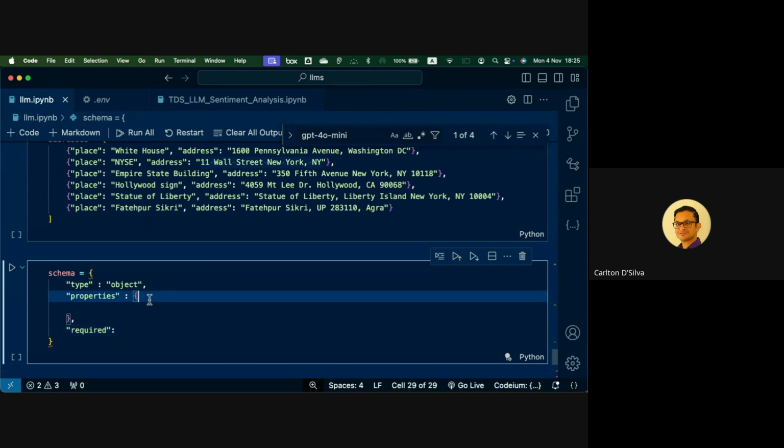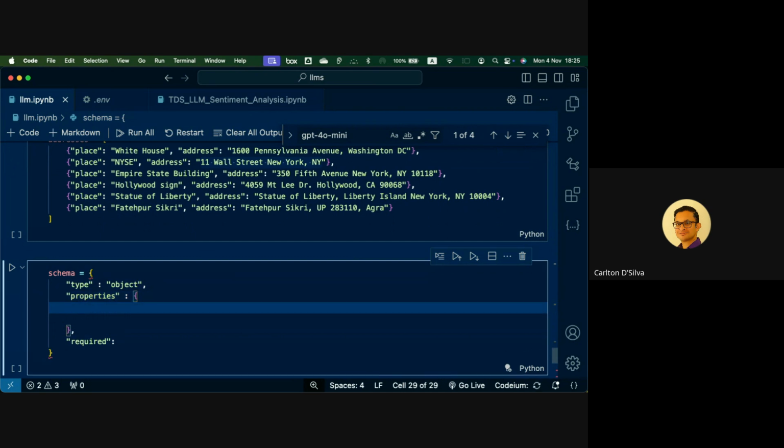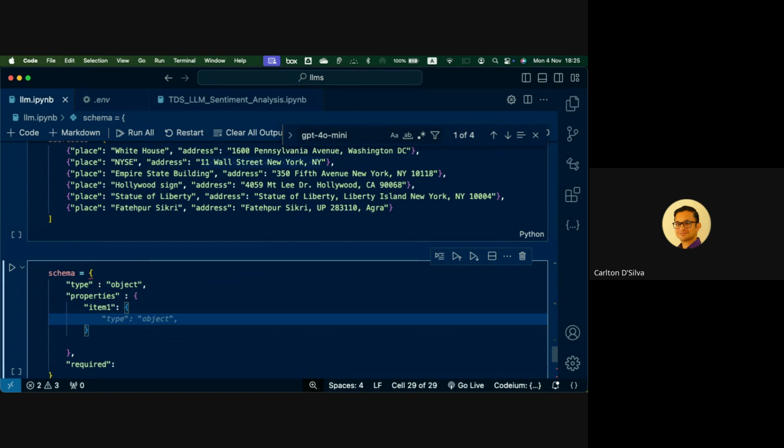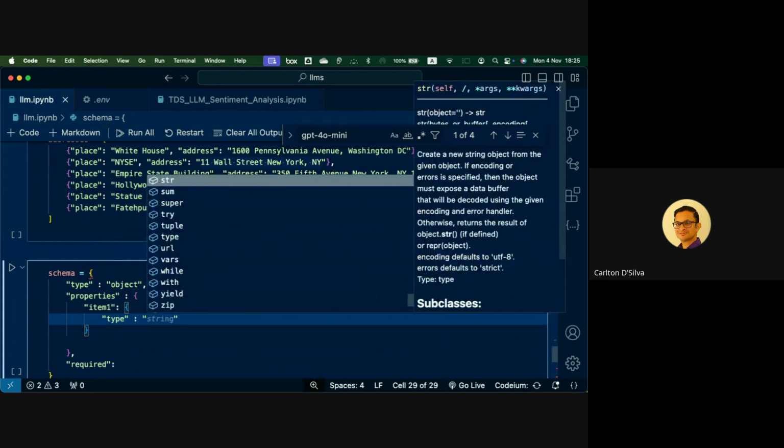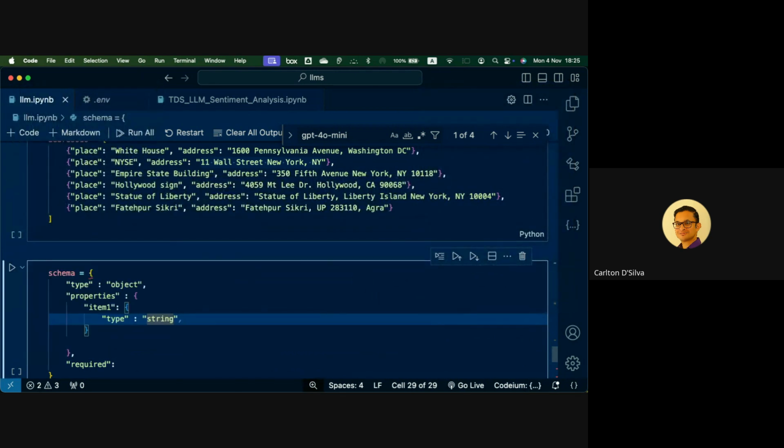what could be inside properties? There could be other items. So we said this is an object, right? So an object comprises other items, right? So we can call this item one. And then we have to describe what item one is, right? So again, we'll have to put type. I hope you can see the flow of this construction. So I might say, okay, this object contains item one.